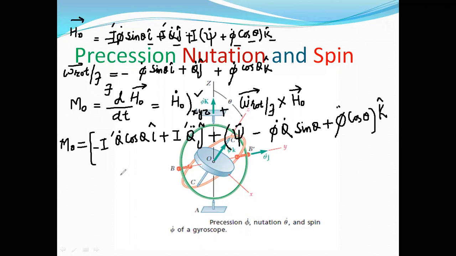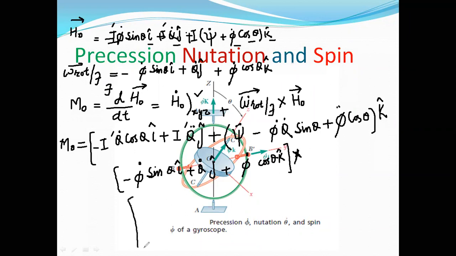Second term is angular velocity of the rotation, that is minus phi dot sine theta I cap plus theta dot j cap plus phi dot cos theta k cap, and its cross product with a big term. The cross product is to be taken with, I will write the term here, the cross product with h naught,